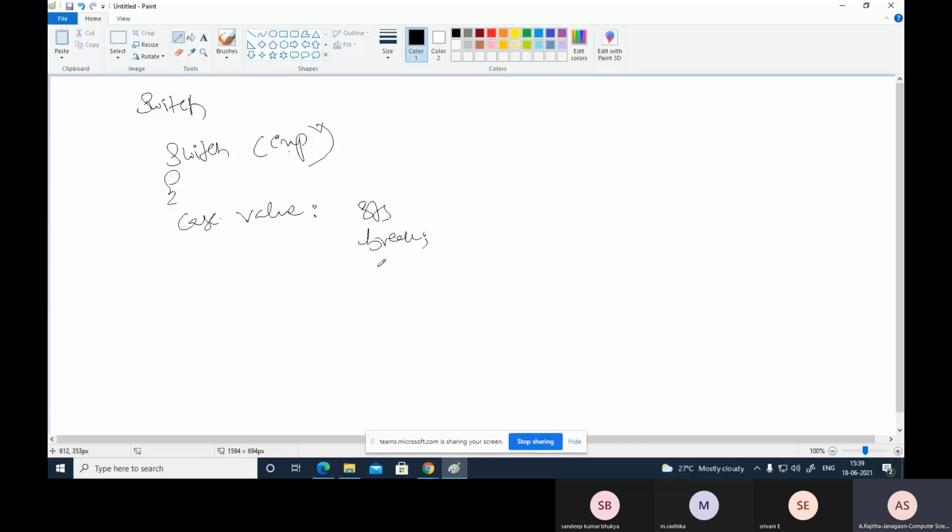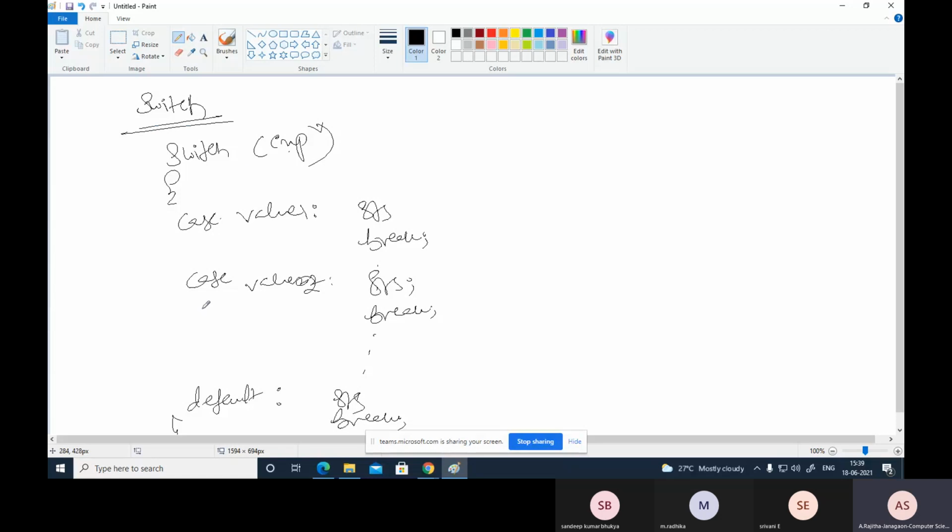Like that there can be any number of cases: case value 1, case value 2. Write some statements, break, and so on. Then default: write the statements, break here, and close this. This is the switch statement.